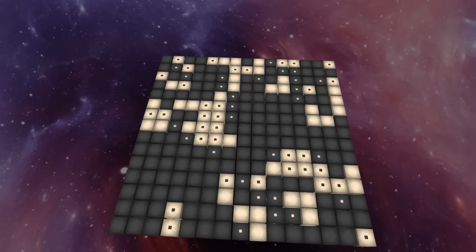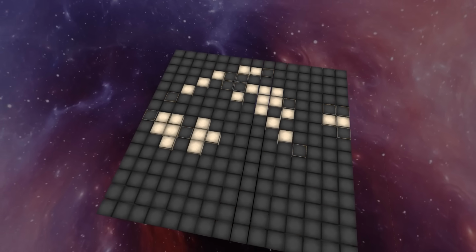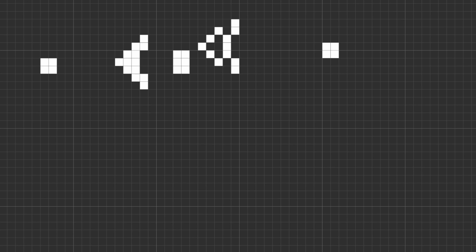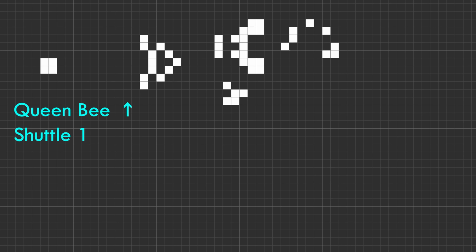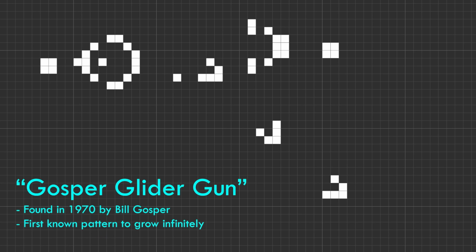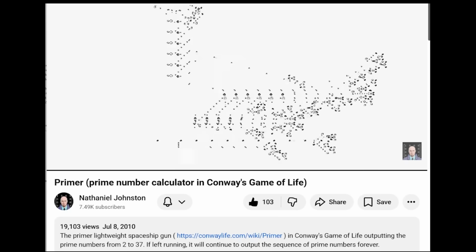So the moral of the story seems to be, Game of Life is totally unpredictable and impossible to glean useful patterns from. But that's not entirely true. On the structured side of things, life enthusiasts have used this playground to construct ever more intricate machinery, from spaceship factories, to printers, to prime number calculators,